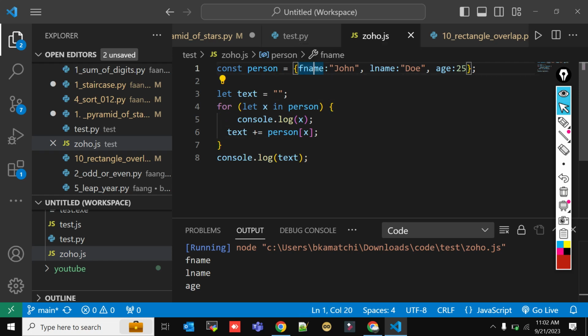So first time the loop is running, x will be fname, and person of fname, right, which is John. John will be assigned to text. Okay, and then when the loop runs second time, x will be lname. And person of lname is nothing but Doe. Doe will be added to text. And third time x will be age. Okay. So if I run this,